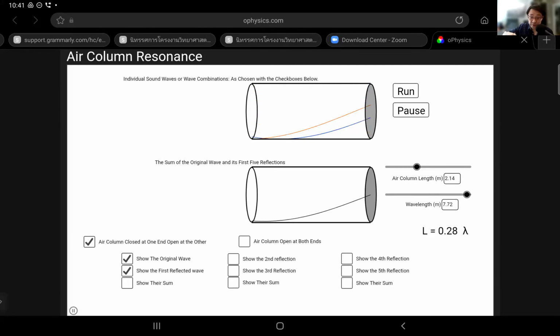So that's why every time you fill up a bottle with water, you hear the pitch getting higher and higher. That's what it is. Okay. All right. So I hope that